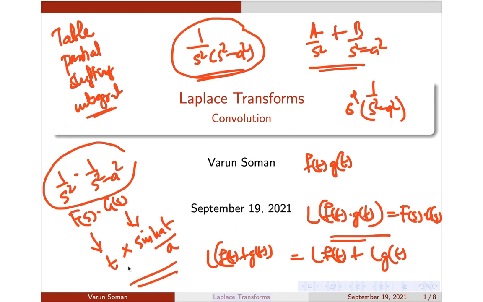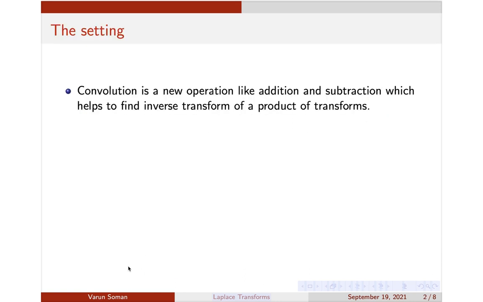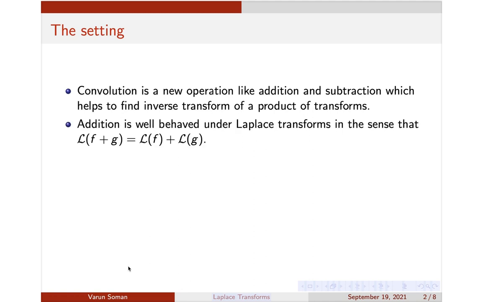So that is the question which we are going to explore here. Let us analyze this problem a bit deeper. We will discuss convolution now, but this is the general setting here. The question we are going to ask is, is L of f into g simply L of f into L of g? Generally this is not true. For example, suppose you are taking two functions.